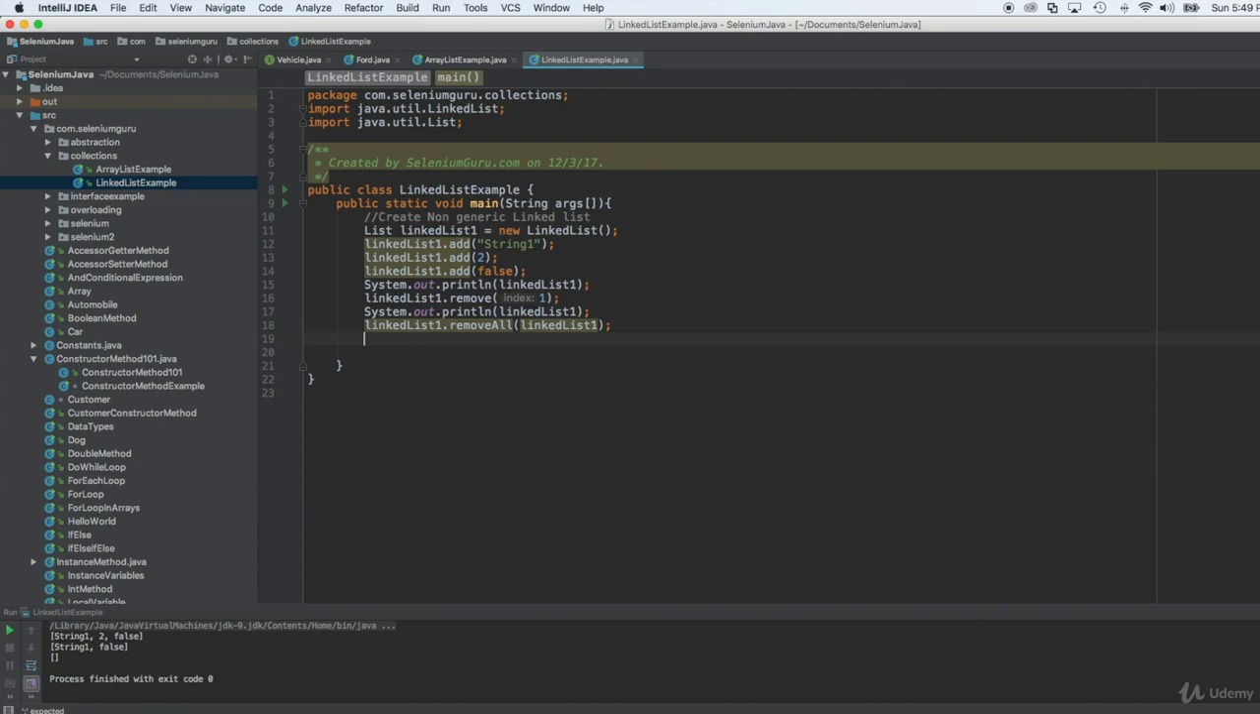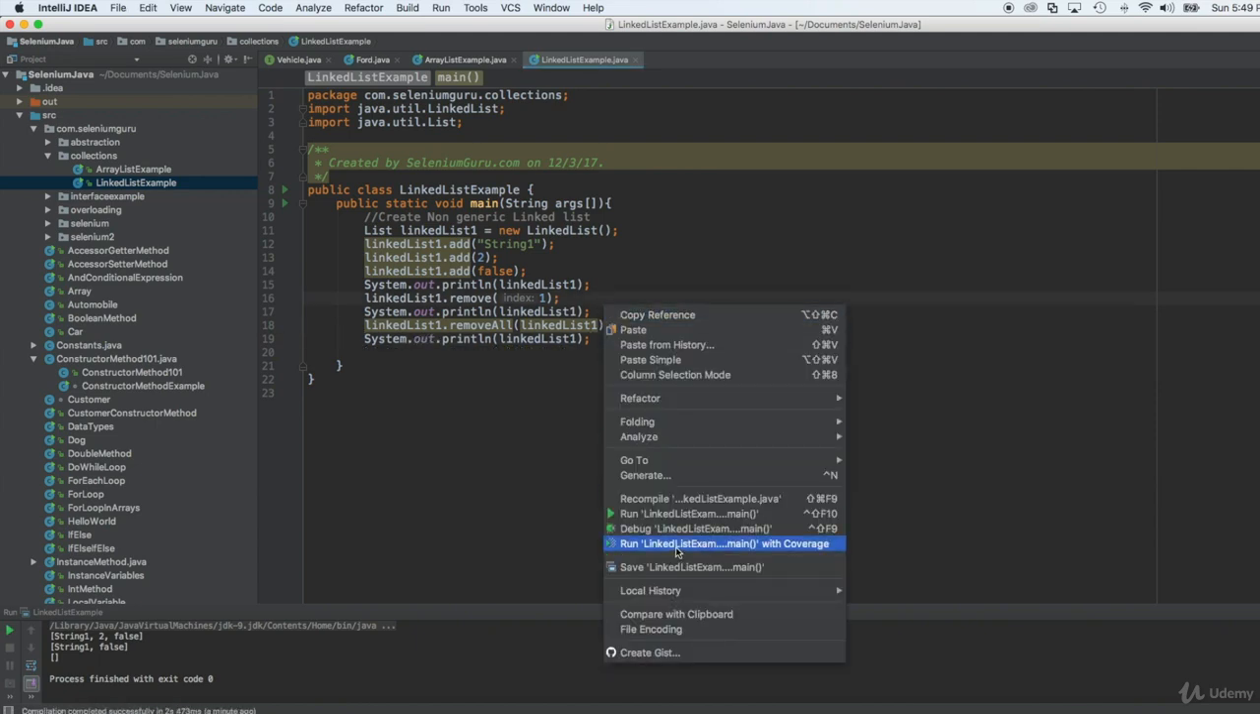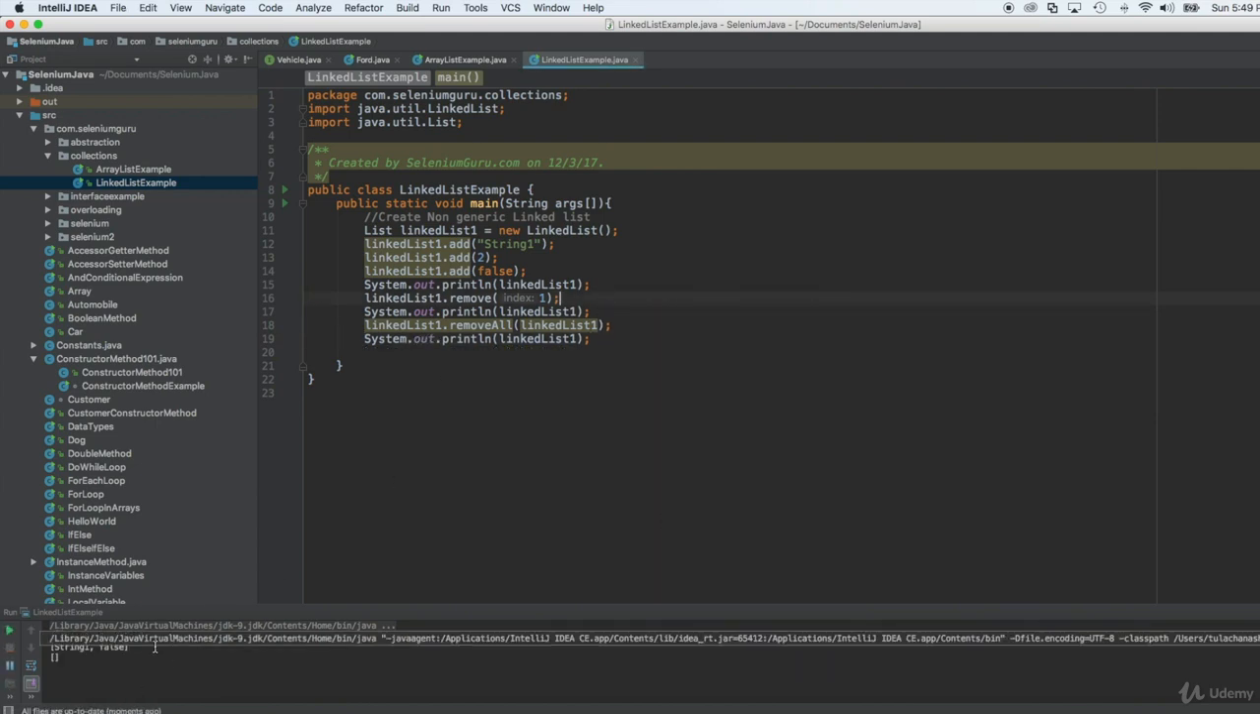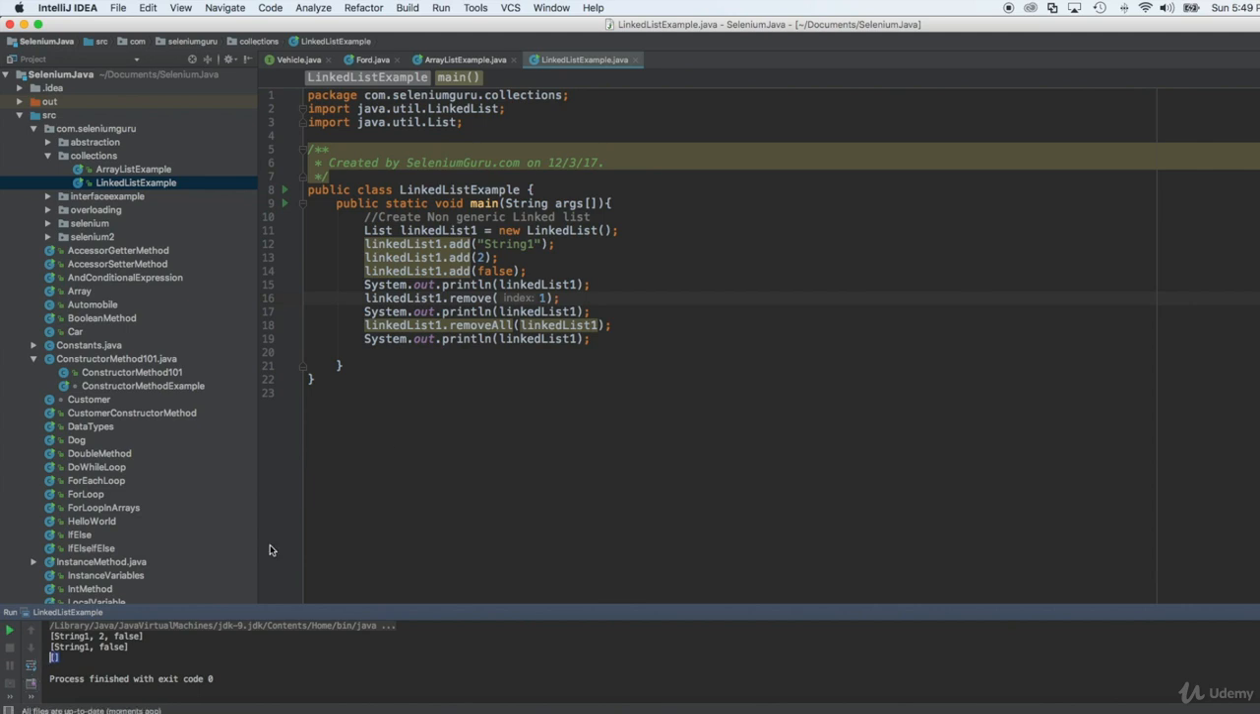Now let's actually print that linked list, and it says now your linked list is going to be empty. See here? It's empty, right? It does not have any elements because I used remove all. It removed all the elements from the linked list 1. Alright, so now let's create a generic